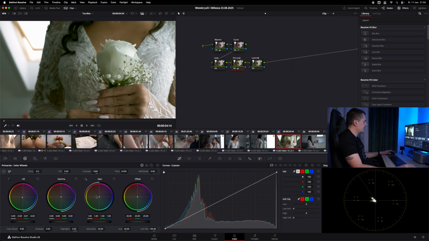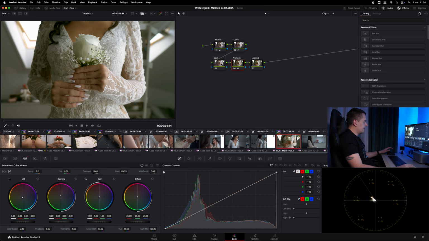Okay, something like this. And we will move our gamma to the orange. Maybe something like this.